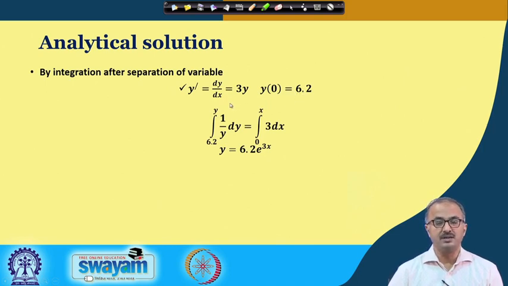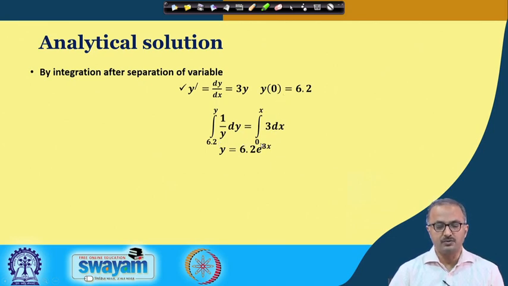Now please understand, here we are taking the variables y and x in general. When we talk of unsteady state equations, then this x will represent the time. Here I am not writing time, but replacing x with t will not change the solution strategy and the solution. This is the simplest case, and now we separate the variables: we take dx on the right hand side and y on this side. So one side we have only y terms, and on the other side of the equality we have only the x terms.